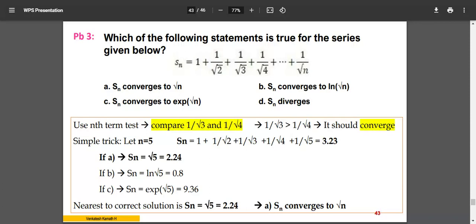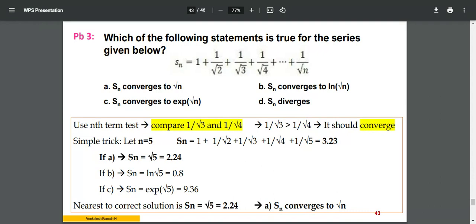Okay. So there may be a situation, and this is my point of view, where by chance, if you take a value of n, I told you n equal to 5, randomly, one value. If at all you have taken some other value, say n equal to 8, for example, it so happened that your answers A as well as B are both equidistant, one on the positive side and one on the negative side.